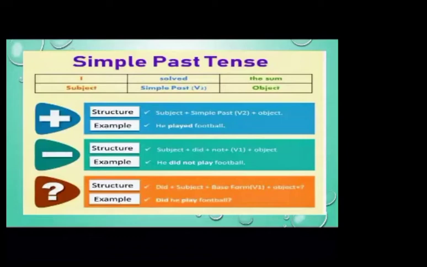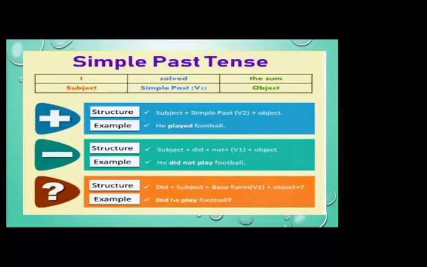Okay, so we use not after the auxiliary verb, that is did, for the negative sentence. Okay, the auxiliary verbs are the helping verbs. They help the main verb to describe an action that happened in the past or present or is happening now or it will happen in the future. So now let's look at the question.